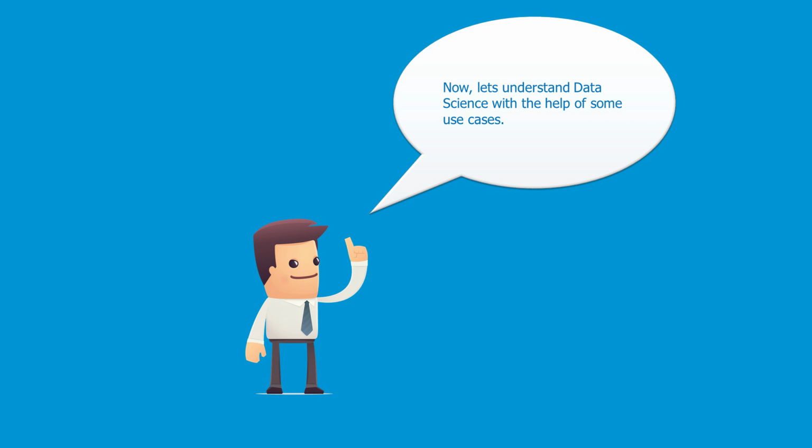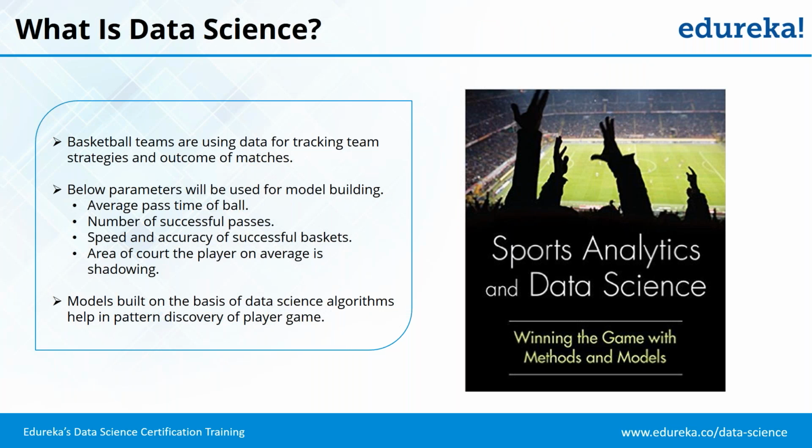Now let's understand data science with the help of some examples. So we had the definition, but let's move on to some use cases where we can see how data science actually works practically. Data science is very widely used in sports analytics, and if you are fond of watching cricket, then you might have seen that there is a lot of data coming in. So Virat Kohli batting second most of the time against opposition of this kind, against subcontinent opposition, scores a century in every 3 matches. Whenever he scores a century, 80% of the time India goes on to win those matches. So these kinds of statistics, these kinds of insights, are all generated through data science.